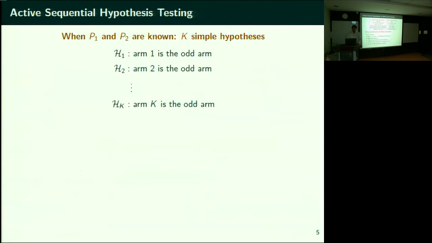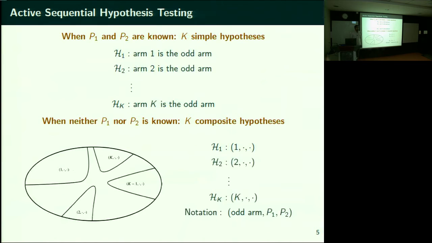So finally, it is a composite hypothesis testing problem. Ultimately it will come down to this; statisticians can take it forward from here. When P1 and P2 are known, all you have to do is identify which is the true hypothesis among these K hypotheses. Is arm 1 the odd arm? Is arm 2 the odd arm? There were 8 locations I showed you. Which location has the odd movie? H1 through H8 in that example. You have to tell me which location has the odd movie.